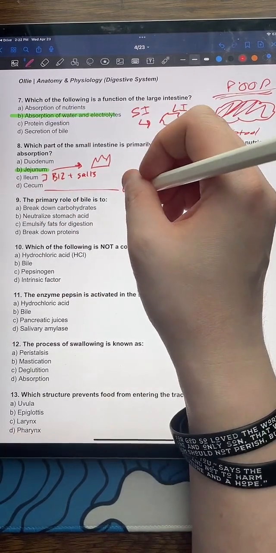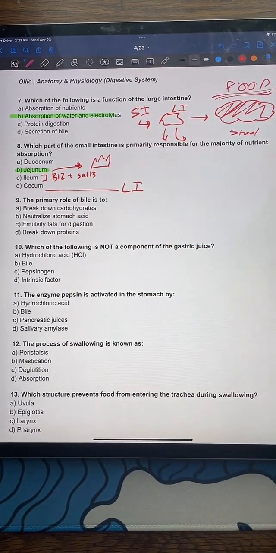So, large intestine. Number 9, we kind of talked about bile, but the primary role of bile is to